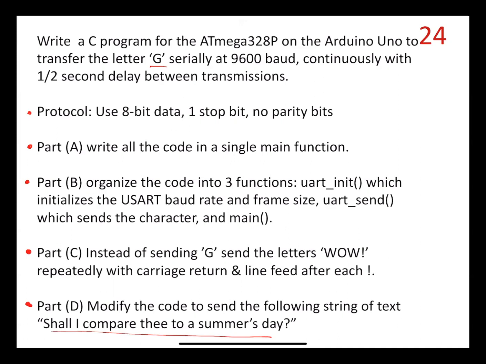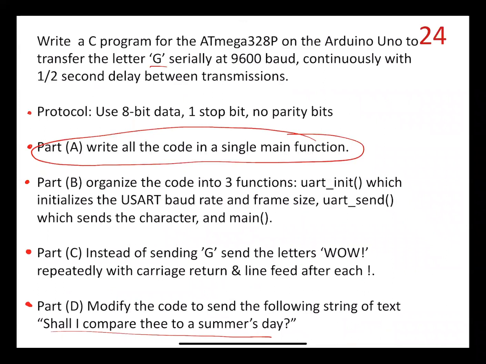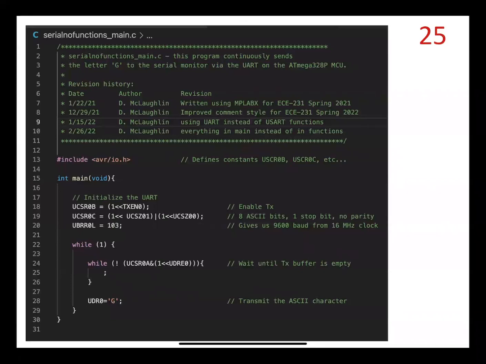Okay, so I'm going to show you on the next slide the first version of this, which is just the code, in our editor, of what I just showed you here. And then we'll walk through that in our next class, and we'll build all these other parts. So there's the code. This is called serial no functions, and the reason why I call it that is